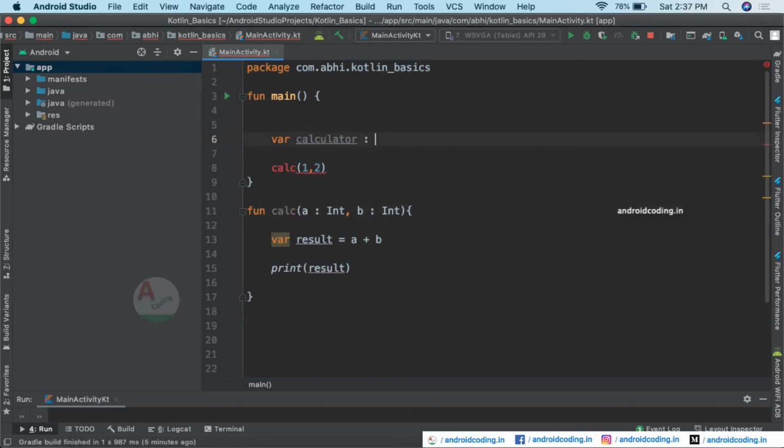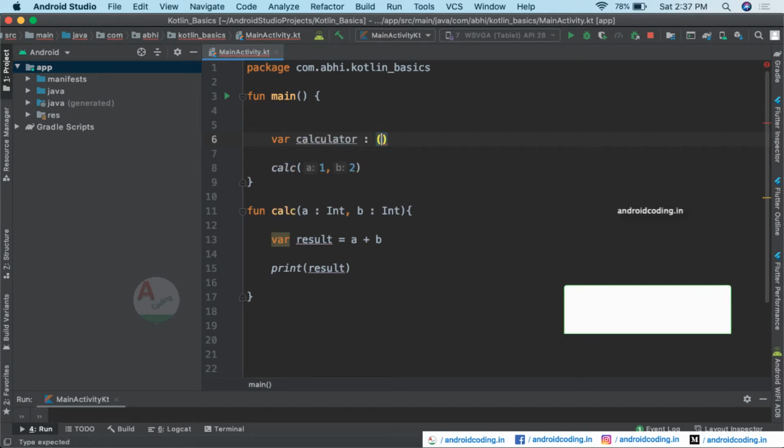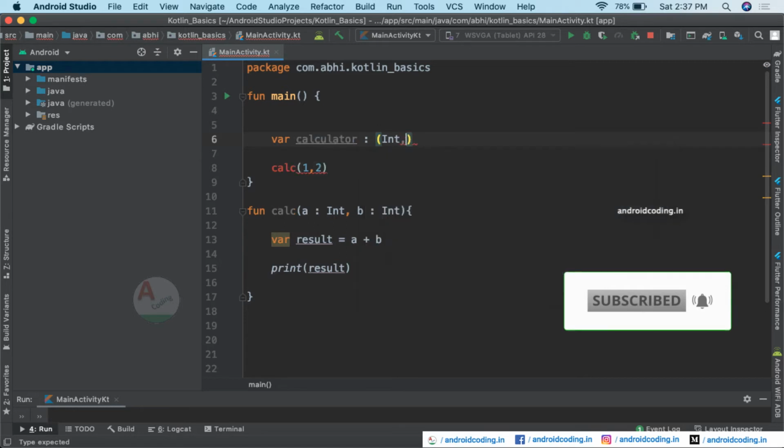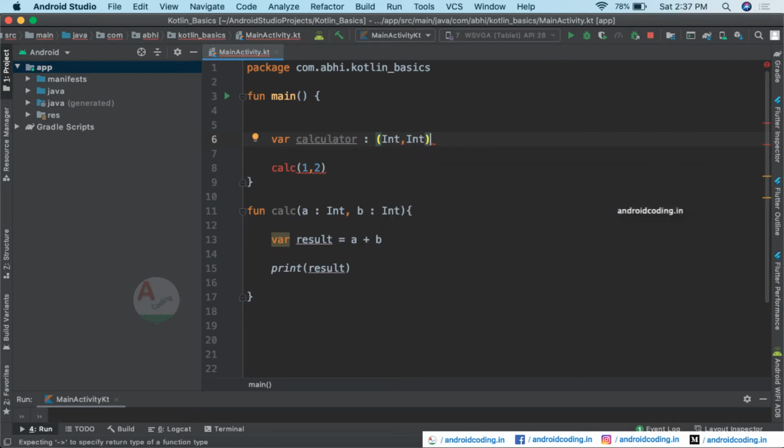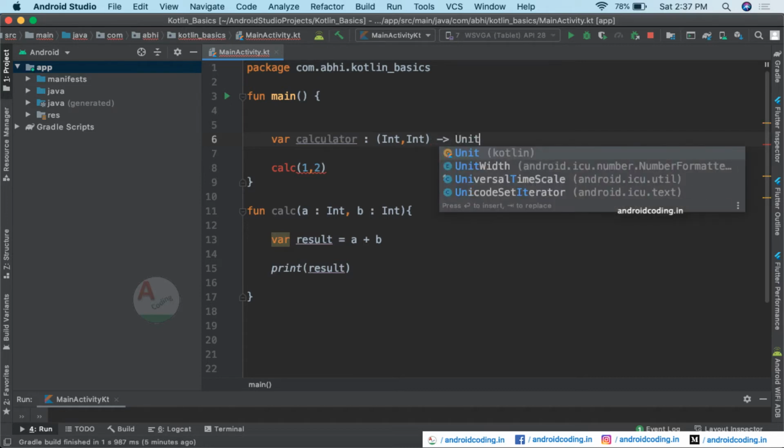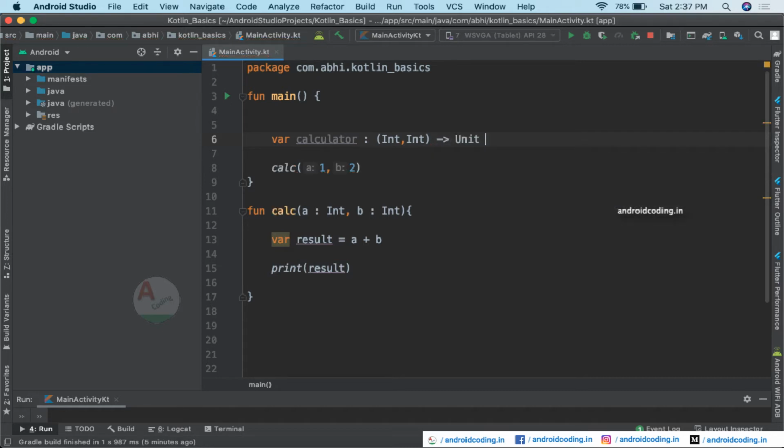Here we declare the data type, passing two int parameters, and for the return type we need Unit. Why? Because we are printing the result in the function itself and not returning anything.